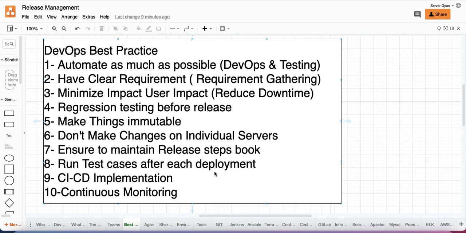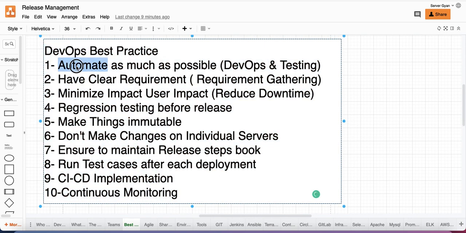My name is Dr. Lokendra Singh, and today we are going to discuss best practices of DevOps. Although this is going to be only an introductory section, going forward we will discuss these things in detail. So the very first thing is, when we think of DevOps, automation comes into the picture, right?